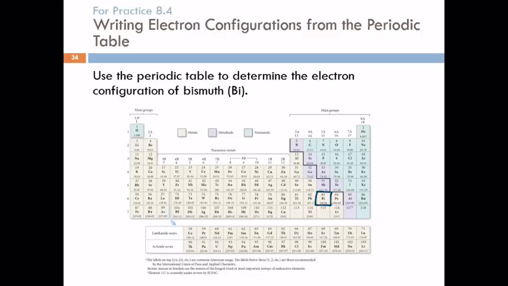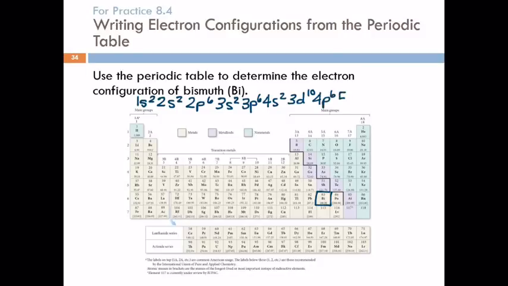What's it start with? 1s2, and then 2s2, 2p6, and then we've got 3s2, and then 3p6. And what's after that? 4s2, and then 3d10, because here's 4s, and then this is the d block. So we've got 10 in there, and that's 3, because that's sunk down. 3d10,